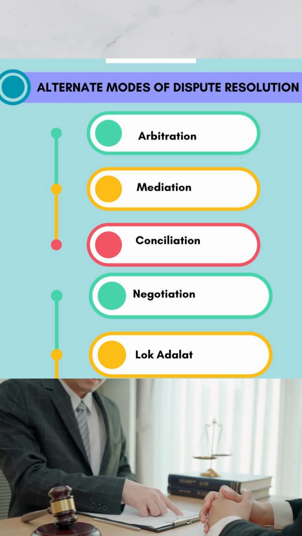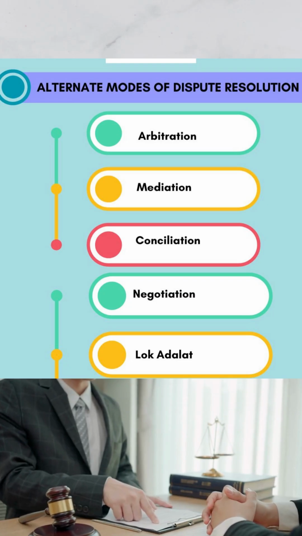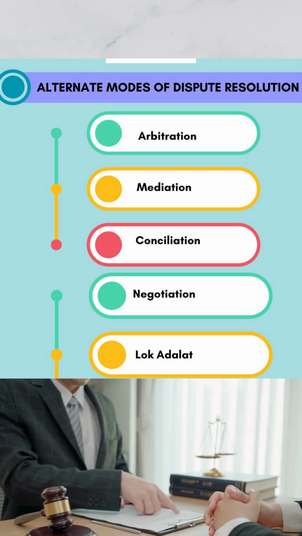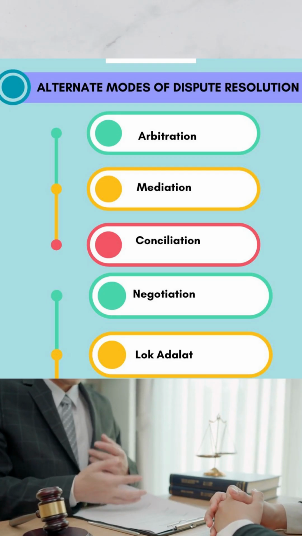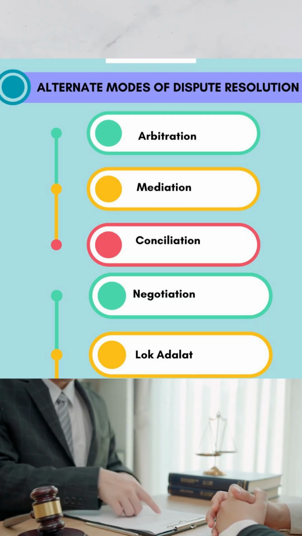We have all heard a saying that justice delayed is justice denied. But do we have methods that ensure justice is delivered on time? Yes, that's where ADR comes in. So, the ADR methods have been designed to settle the disputes outside the courtroom with the help of a neutral